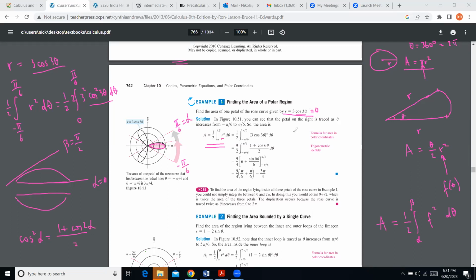So once I utilize this formula, what we get is that the 2 and 2 cancel, so we're going to have just a 9. Notice they are taken not from 0, but from minus pi over 6. That's why they still have that half. And now they integrated, so I guess you can see how they found the antiderivative. They plug numbers in and ended up with some number. And I guess if we use 0, then we'll have something a little different, but double it and you get the same